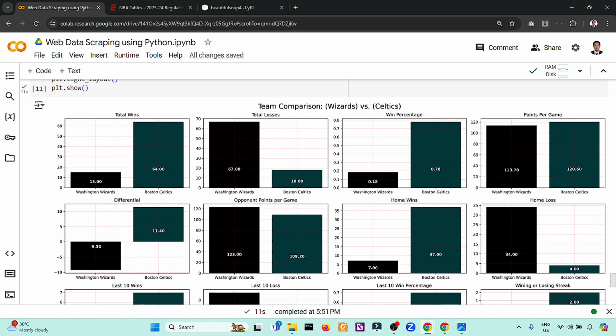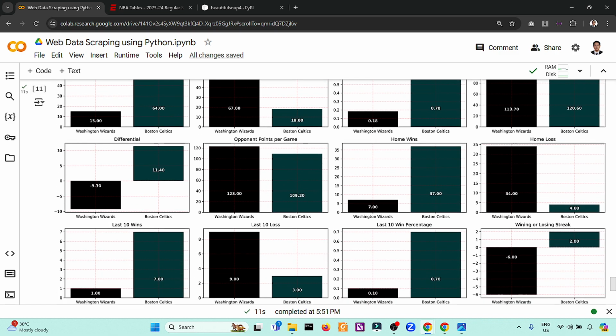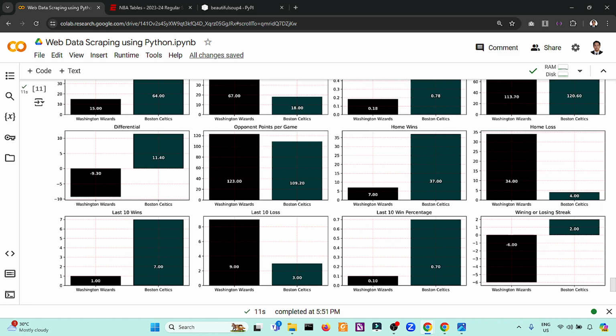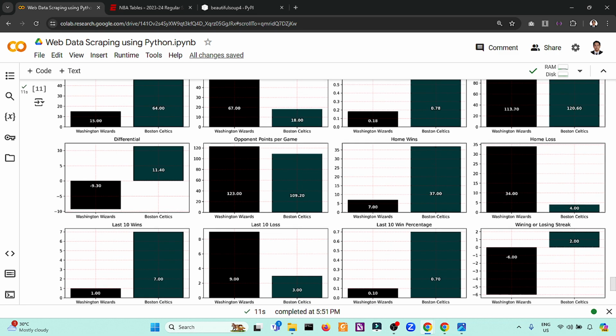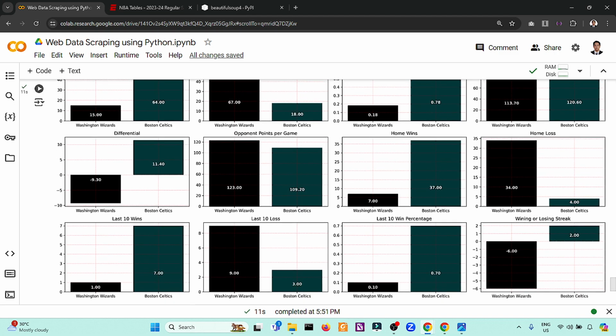So if you are into sports betting, I will bet here based on the statistics on the Boston Celtics. Okay. So the Washington Wizards here, if I were to interpret, is giving up 123 points each game to its opponents, while the Celtics is giving up only 109, signifying the Boston Celtics is the better defensive team.